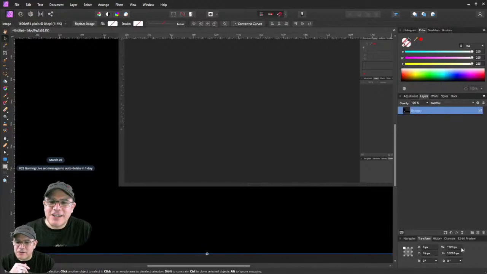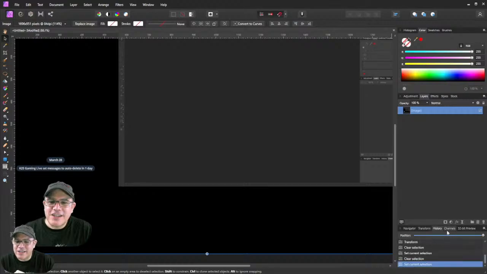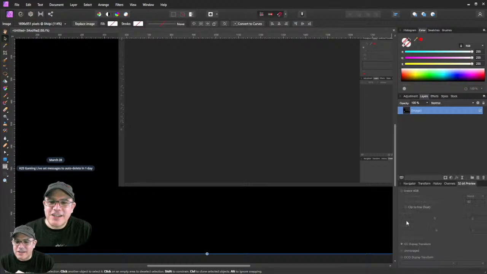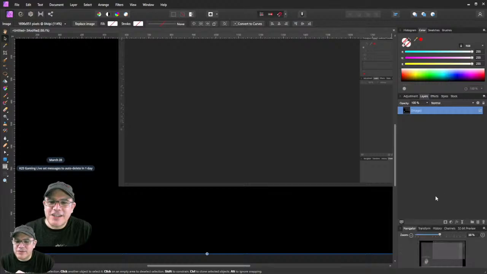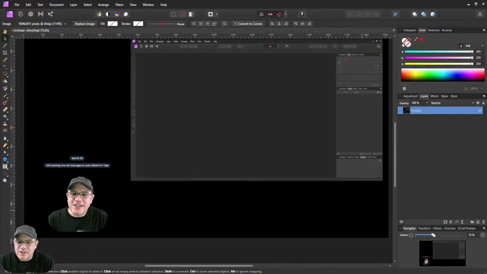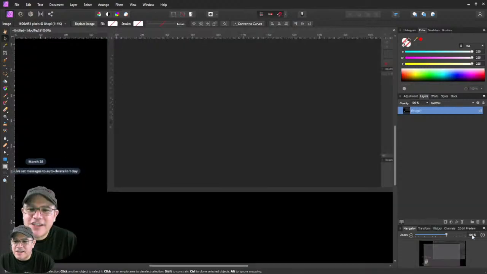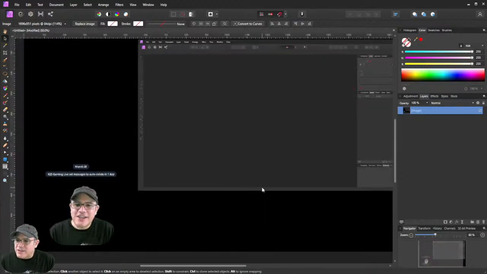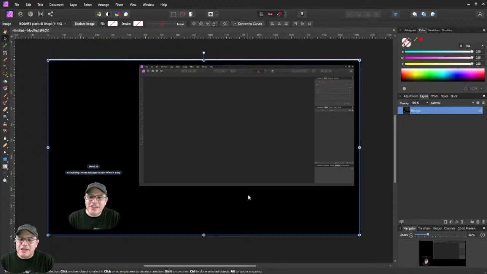Transform the object if I want to change the scale, the rotation, mathematically precisely. That's where I'm doing it. The history, channels, and 32-bit preview, all that delicious stuff. All right, so now I'm gonna put it at 100%, and notice this, that most of the key bindings that you have in Photoshop,